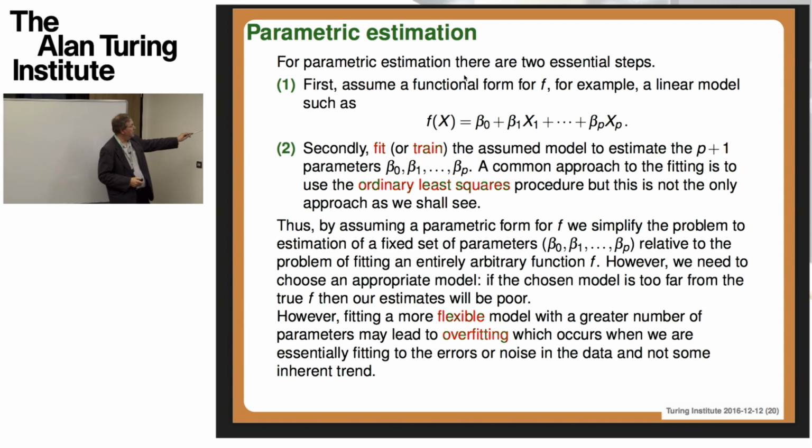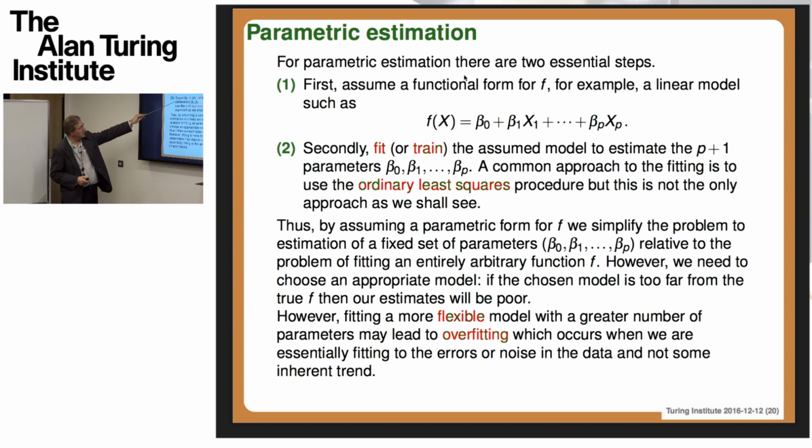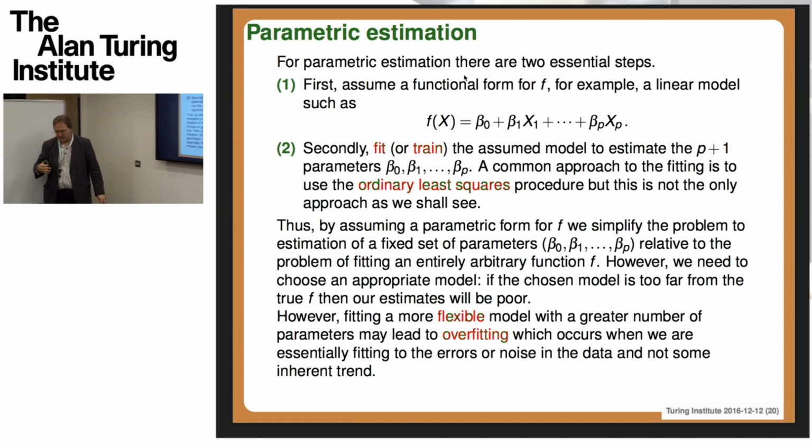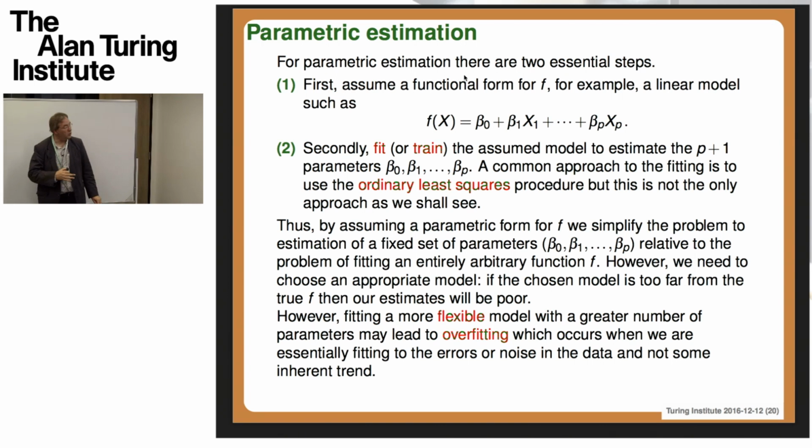And the usual way of starting to set up a procedure to find those betas is through ordinary least squares. That's not the only way by any means, and the book I keep referring to, An Introduction to Statistical Learning, starts with this, and then in later chapters moves on to really quite nice ways of